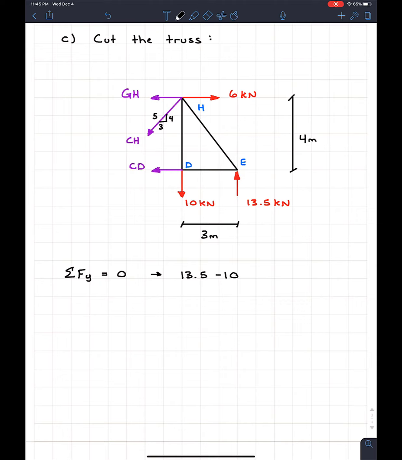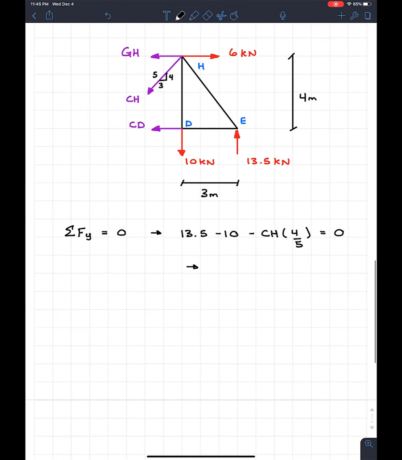The only other thing I have left in the vertical direction is CH, going downwards, so minus CH, and we want the vertical component of that, so it's 4 over 5. In this bracket, in equilibrium, everything must equal 0. When I solve for this exactly, I get CH is equal to